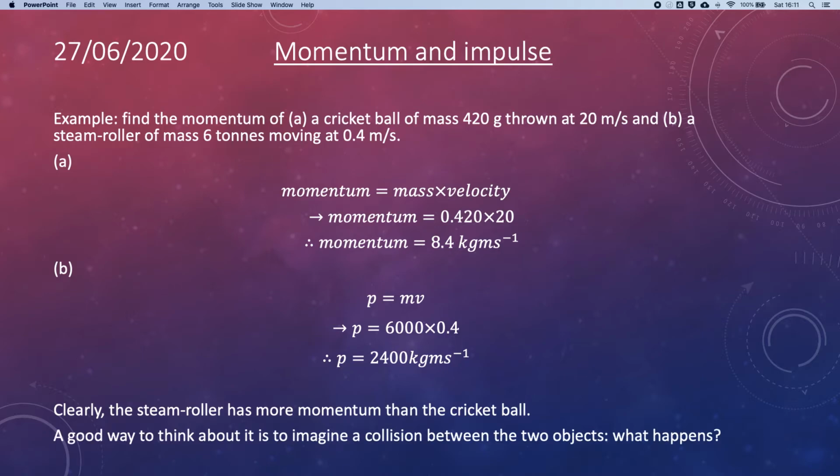A good way to think about which one has the most momentum is what is going to happen in a collision between those two objects. So if I throw a cricket ball at a steamroller, which one of them is going to come out on top? I mean,